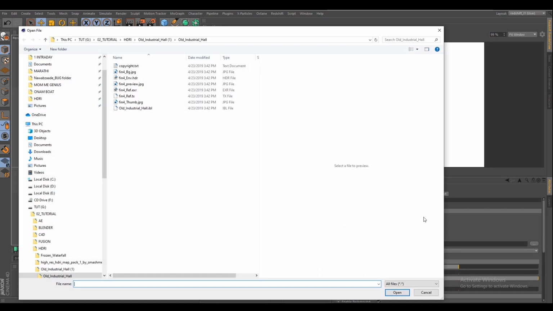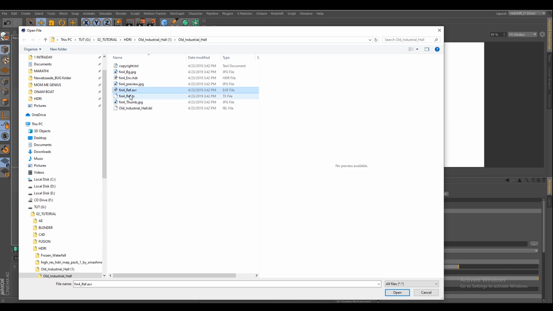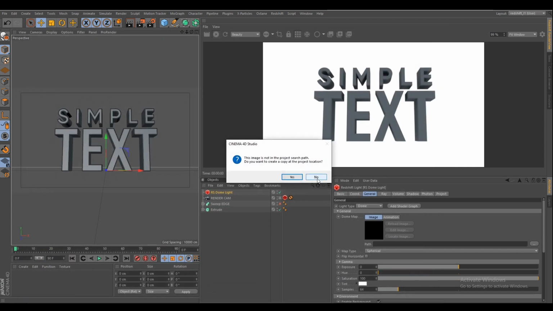So go to the file browser, and I downloaded this old industrial hall texture. It looks like this. It's free, you just type it into Google, and I think it's from Texture Heaven. So I'm selecting this reflection EXR. I don't want a copy.